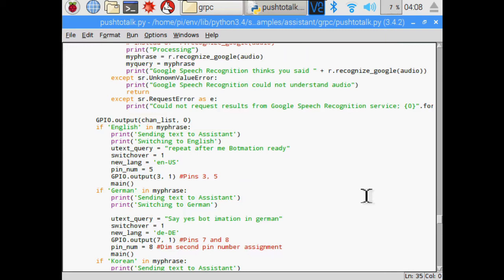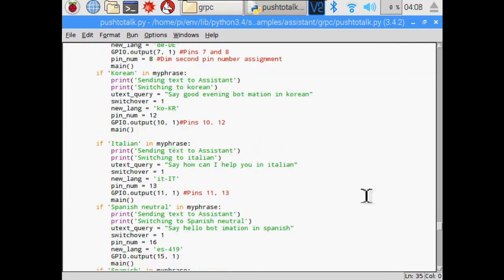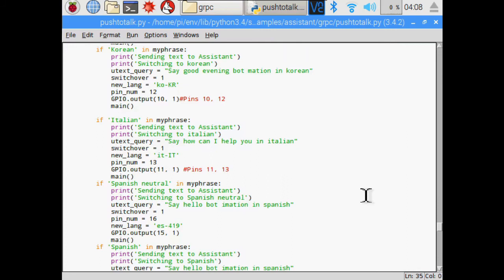So that's why you see this kind of a weird implementation here. Feel free to expand upon it and hopefully use it for something that's more tailored to your own needs or wants. So in here, you're also going to see some additional language settings that weren't in the video, such as